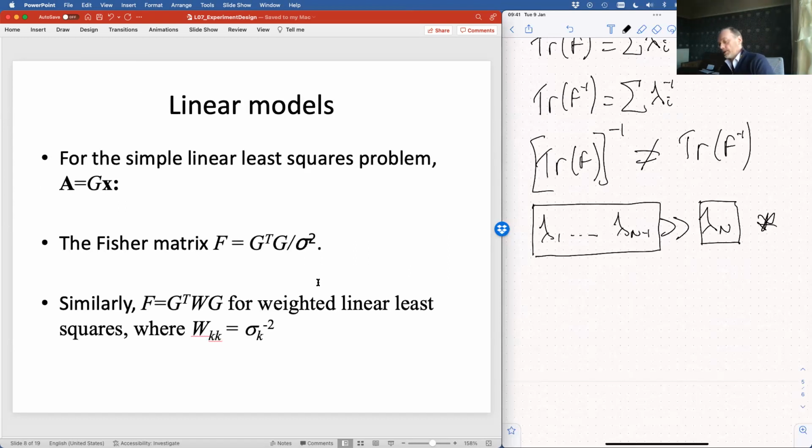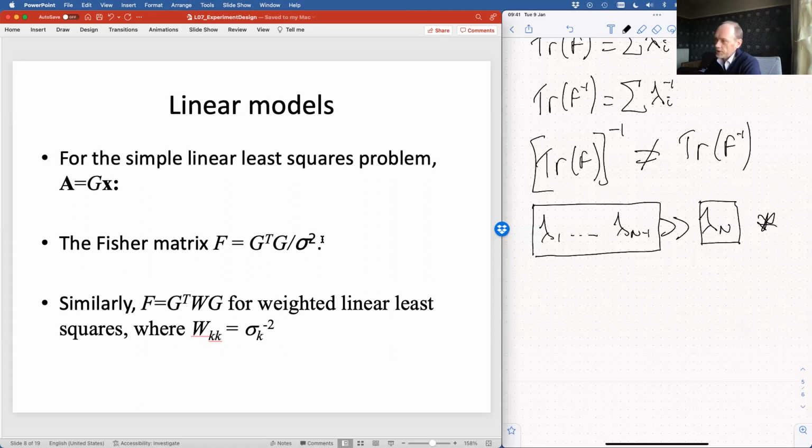Okay, let's think about some actual concrete models. So let's start with linear models and our simple linear least squares problem. In that situation, we end up with a very nice simple expression for F, which is basically just the square of our design matrix, appropriately normalized by the right